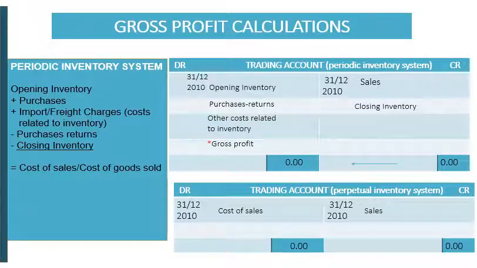Also, balancing the account will determine whether it's a gross profit or a gross loss. If the credit side is bigger, we will arrive at a gross loss. Having done this revision, we can now proceed with the next exercise, which is to prepare the trading account for